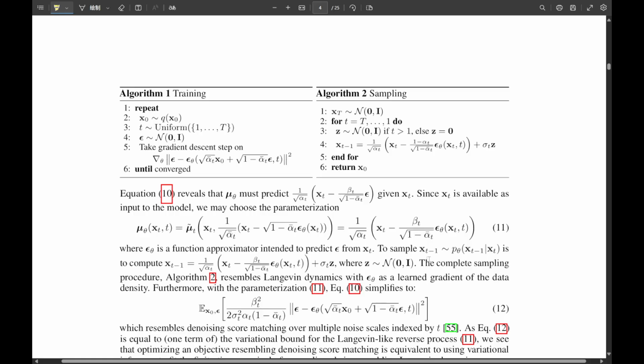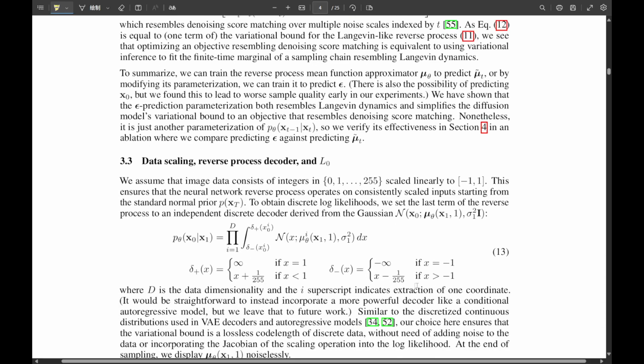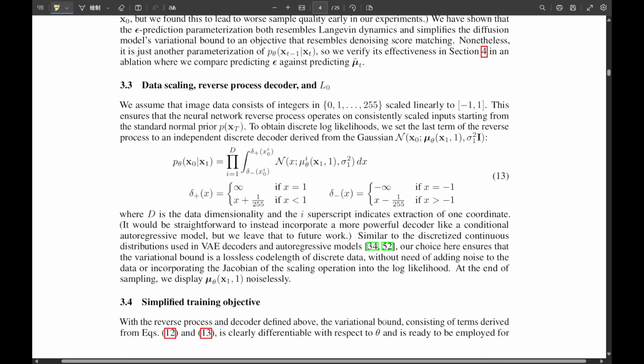What about the other direction? Right, that's the reverse process. And this is where the learning happens. It's also a Markov chain, but its transitions, how it moves from one step to the next, are learned. It starts from that pure noise state, x_T, what we call the standard normal prior. And it learns step by step to reverse the noise addition, to take that static and gradually remove the noise, aiming to get back to a clean sample, x_0. So it's learning the sculpting part. Exactly. It's like watching a sculptor, starting with a block of marble, the noise, and carefully chipping away until the statue of the image emerges.